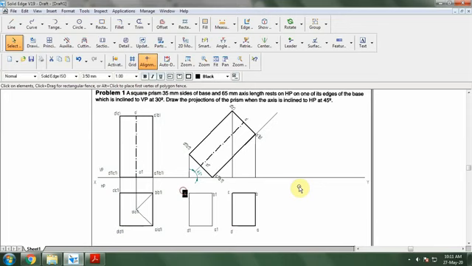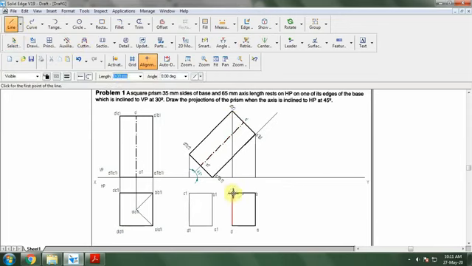Now when I connect C to C1, which is at the top, C to C1 will be visible. Similarly, D to D1 is visible, and C to D1 is visible.